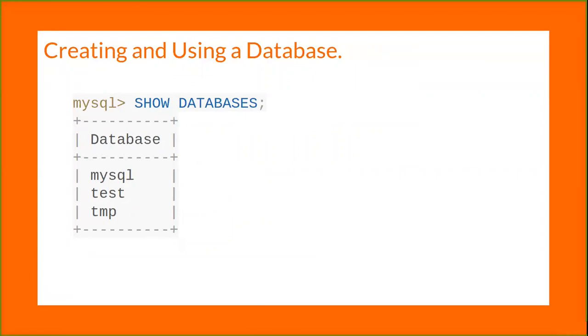Over here, I'll get to see that in my SQL server, I have three databases. One is the mysql database, one is test, and the other is temp. The mysql database describes user access privileges. The test database often is available as a workspace for users to try things out. The list of databases displayed by the statement may be different on your machine. SHOW DATABASES does not show databases that you have no privilege for if you don't have the SHOW DATABASES privilege.